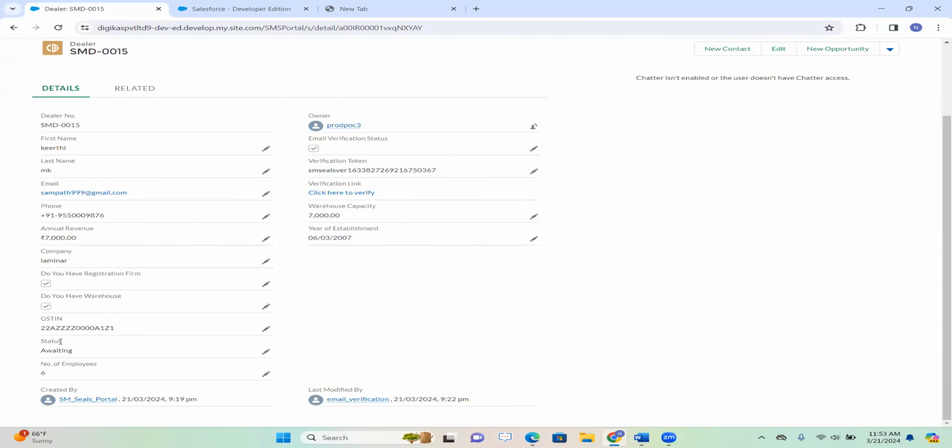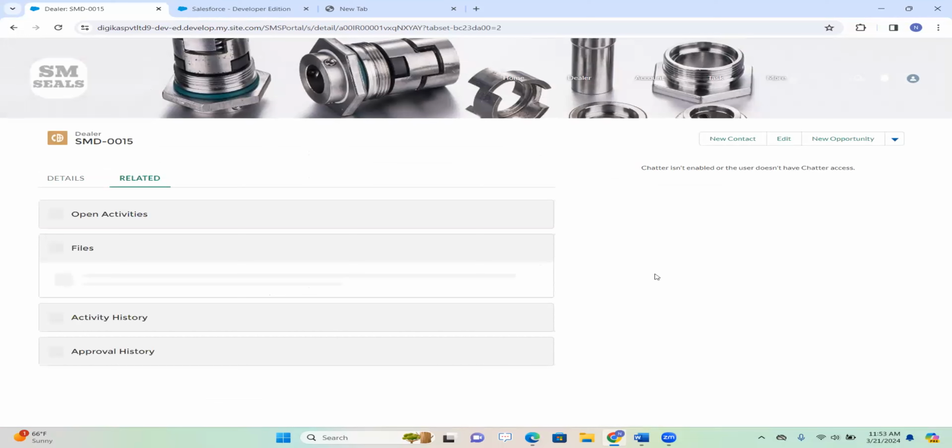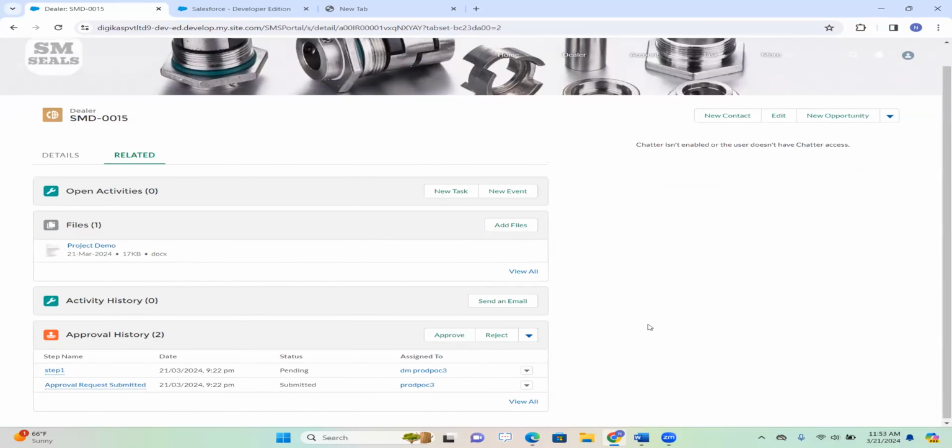Here the status is changed to awaiting. This means the approval dealer manager got the approval request. So here there are both chances of like we can approve or reject based upon the documents which is submitted by the dealer. So now when he approves it,